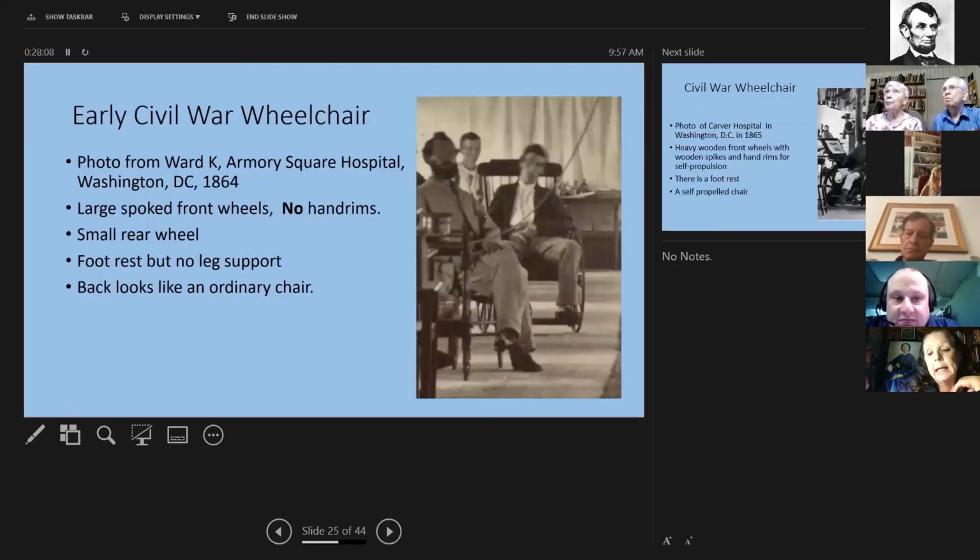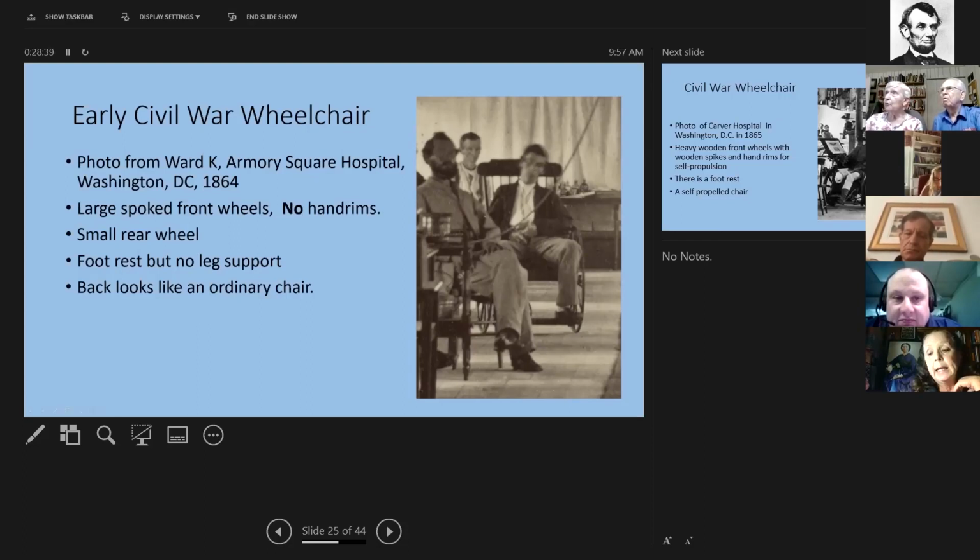And here is a photo from Ward K, Armory Square Hospital in Washington, D.C., in 1864. There are large spoked front wheels. There were no hand rims, and there was a small rear wheel, and there was a footrest, but no leg support.